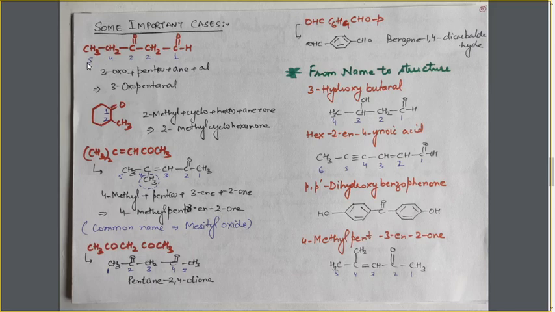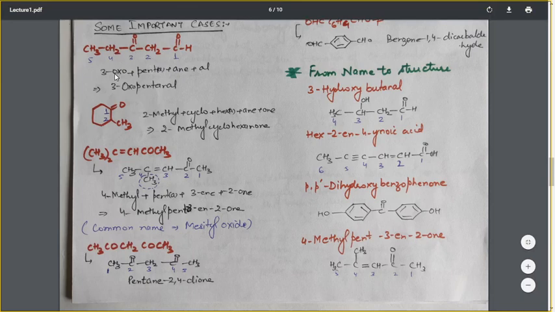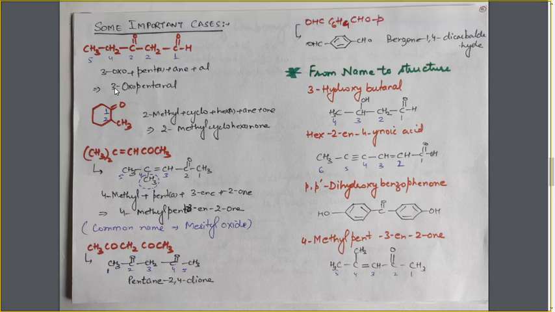So the name of the compound will be, this ketonic group will be treated as the substituent, and for it the prefix will be oxo. As it is at the 3rd position, it will be 3-oxo, 5 carbon chain, penta, and saturated ane, and for this aldehyde, al. No need to show the position of the aldehyde group, it is always at the first position. So the name becomes 3-oxopentanal.